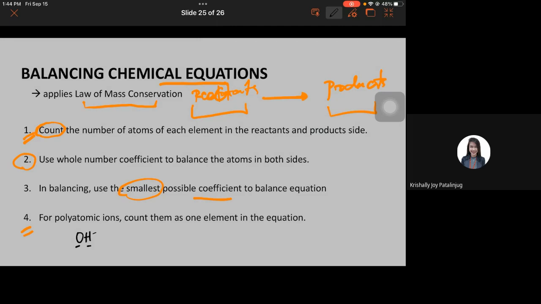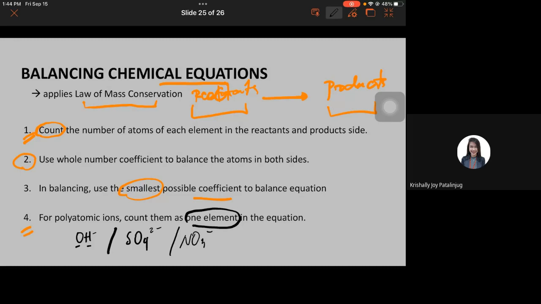Now, more than one atomic ions. Another example, sulfate, nitrate, and the rest of the polyatomic ions. If you observe these polyatomic ions as part of the chemical equation, you just count them as one element. You treat them as one element upon balancing chemical equation for you to easily